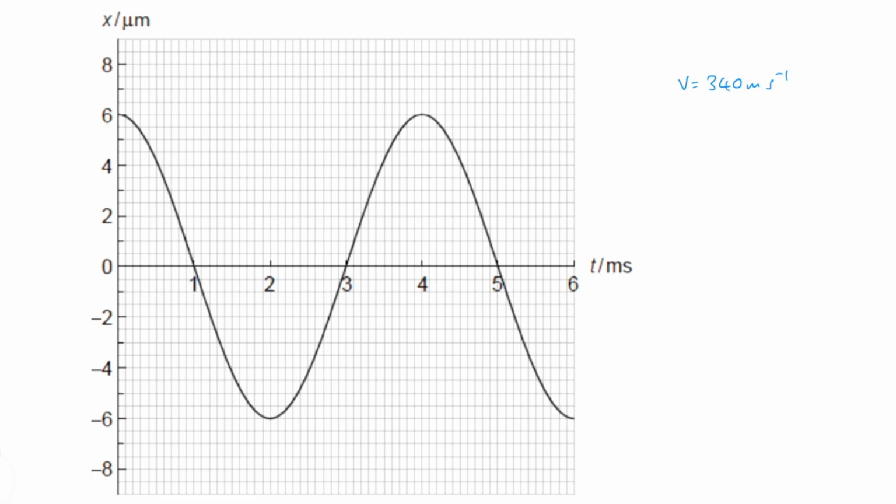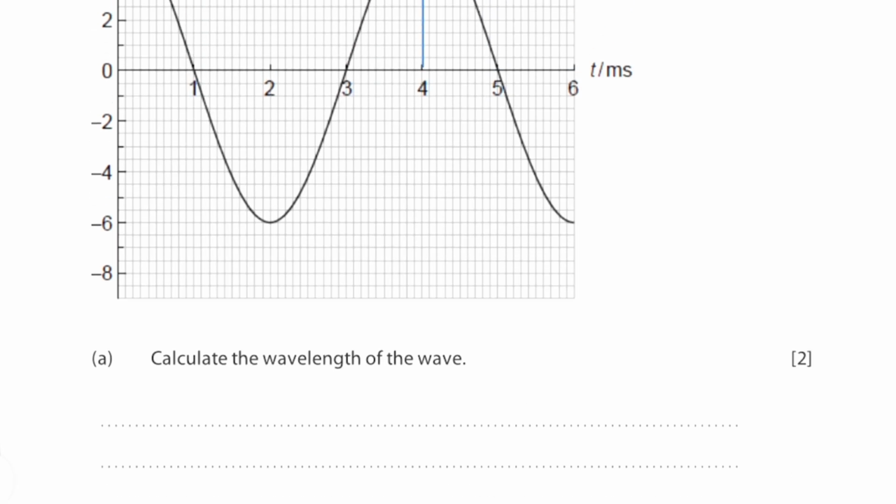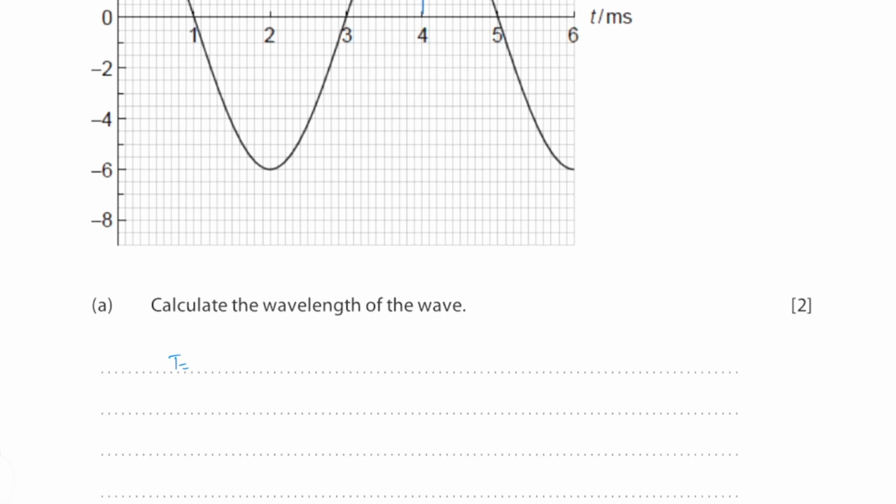What can we find from a displacement time graph? We can find the amplitude and we can find the time period. Calculate the wavelength of the wave. Well, the time period is equal to 4 milliseconds,